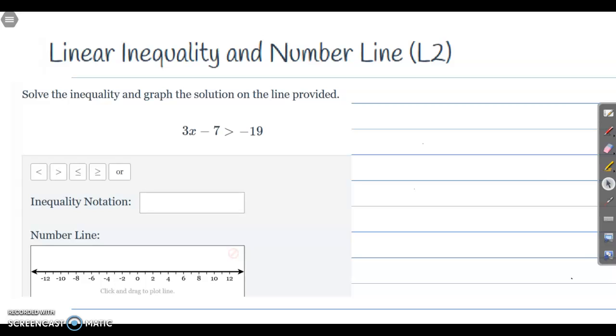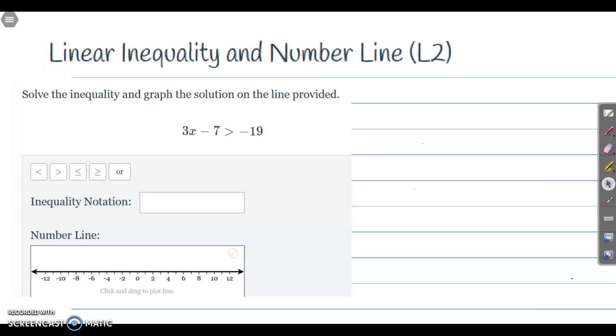And today we're going to be looking at linear inequalities and the number line. So what we're going to do is graph some two-step linear inequalities on the number line. So let's begin. All right, so it says here to solve the inequality and then graph the solution